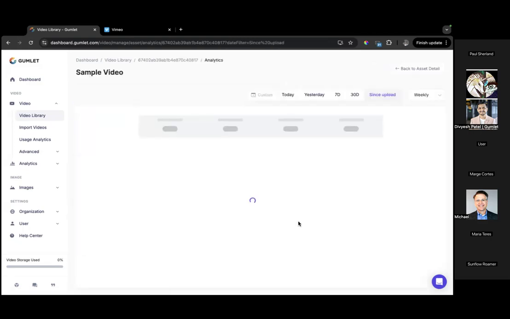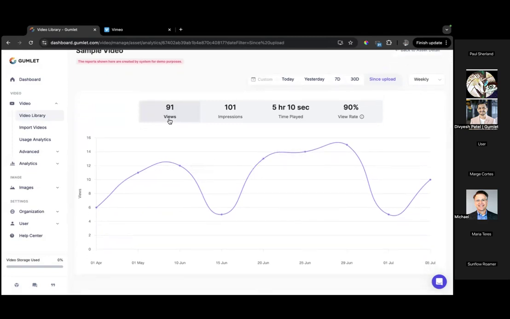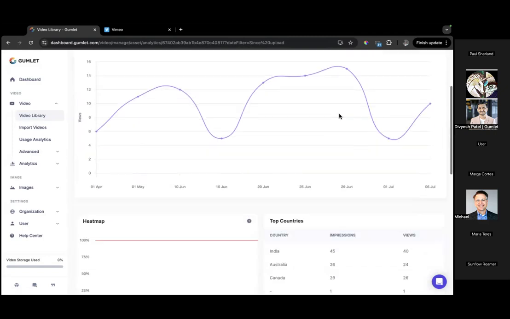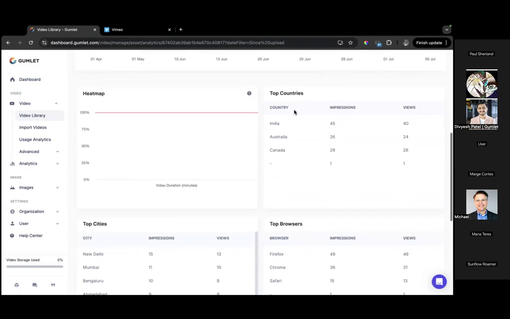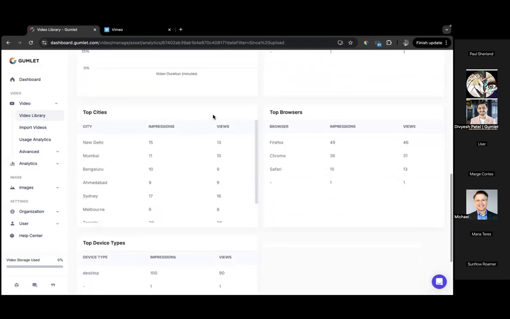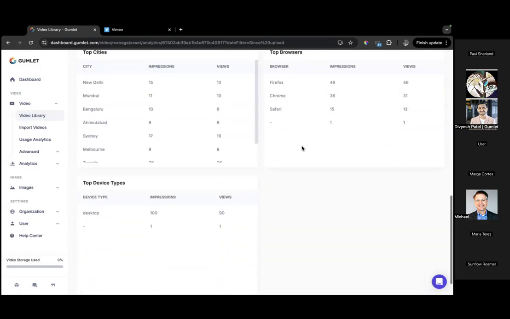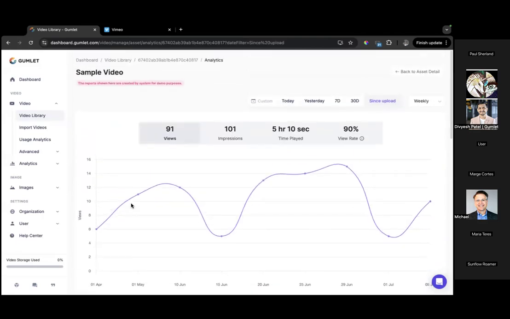I'll just show you because I have this for a sample video. So you can see we offer a lot of different numbers like views, impressions, total time played, view rate, and heat map is not there because it's a sample video. But other than that, we have data for top countries where this video is watched, cities in those countries, different browsers. So that's how it is, and use this data to understand your audience better, your demography of your audience,